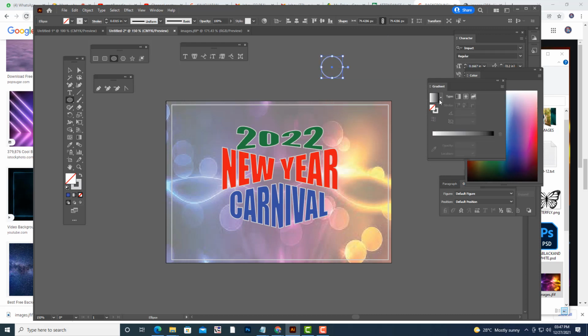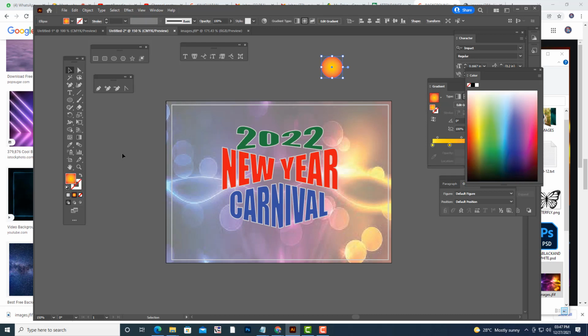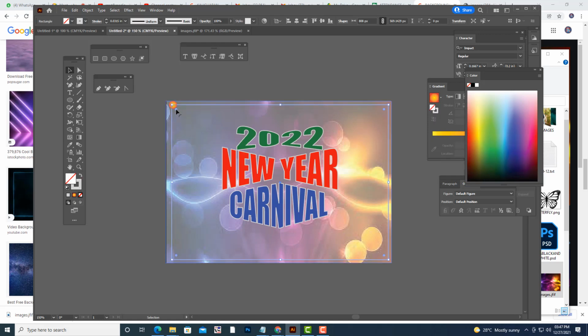We'll give one orange color. Then I can turn off the stroke, and I'll only take this color. Then you just keep it here. We can also make it rounded, like this.